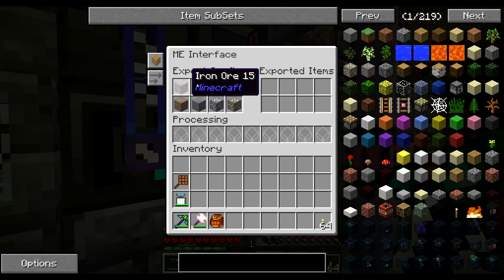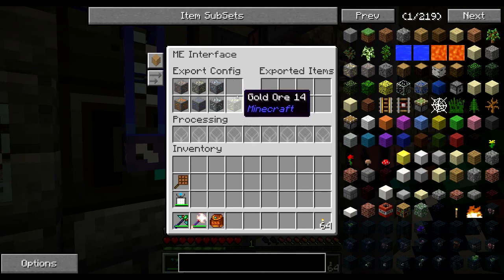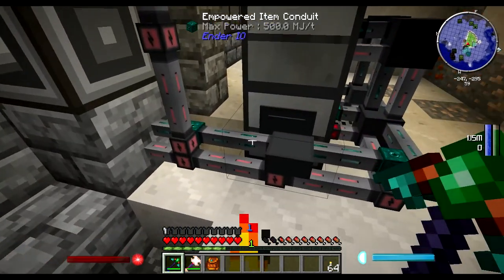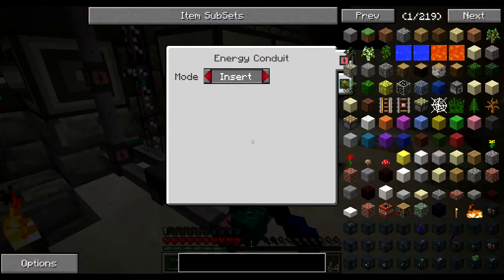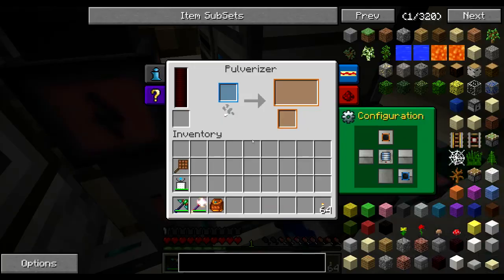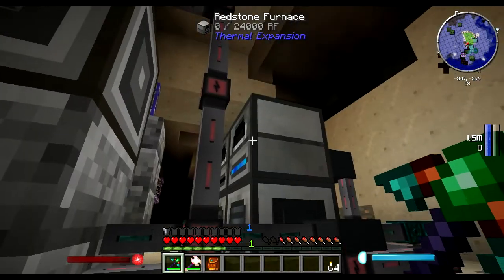Now this is exporting all the ores, so iron, ferrous, tin, below. We have two ferrous in there, we don't need that. Gold, silver, lead and copper. That just exports any of those items it gets into the conduits and sends them in here. Oh, if I can right click it. There we go. It's telling it to insert any of these ores, which it will then insert into the pulverizer. It got an item to pulverize, and then it will do that,